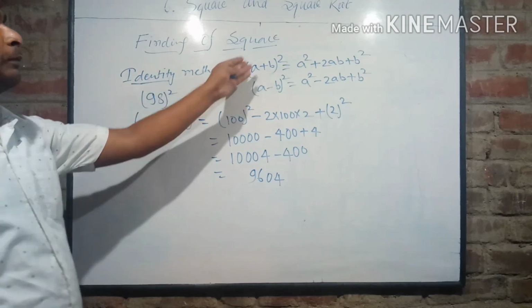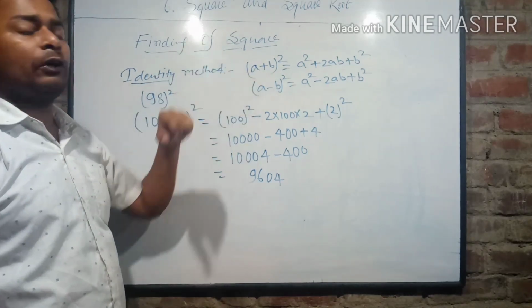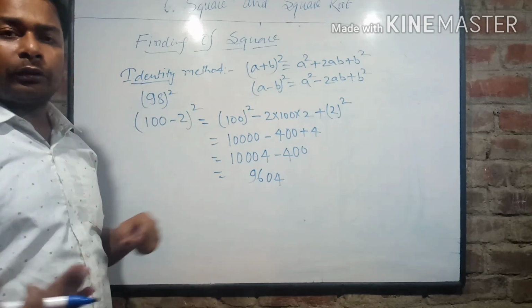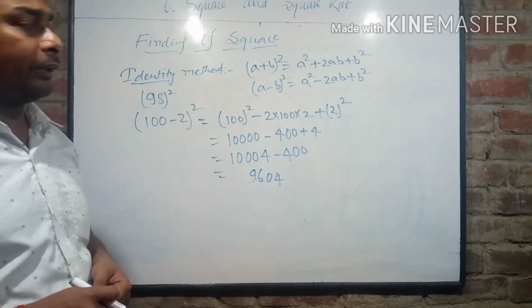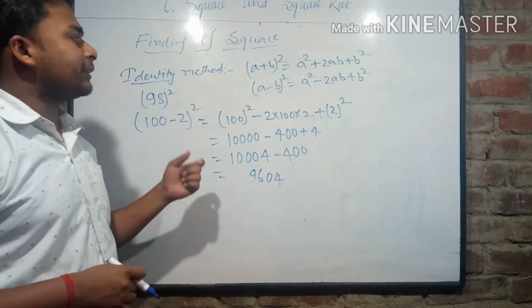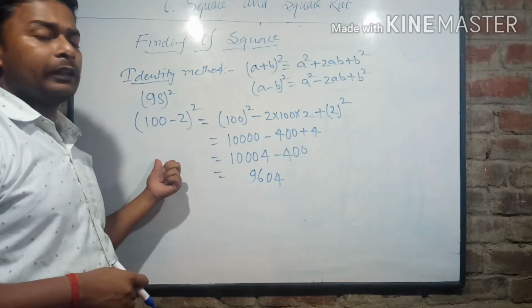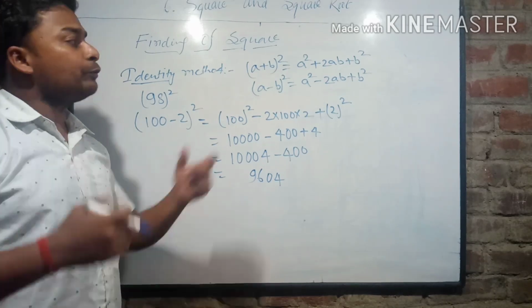Similarly, we can find out the plus values also. Suppose we have to find out the value of 82 square. So that can be written as 80 plus 2 whole square, and likewise you can find out. But very interesting, we have used these things to find out the value of this. I will have one proof of this.